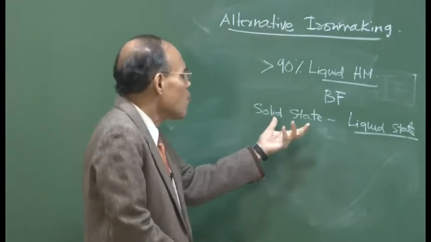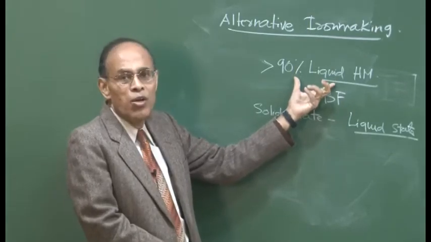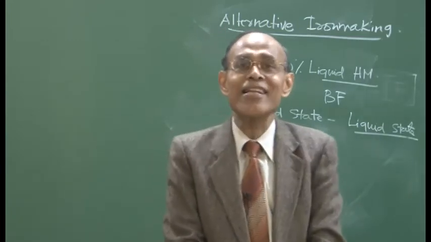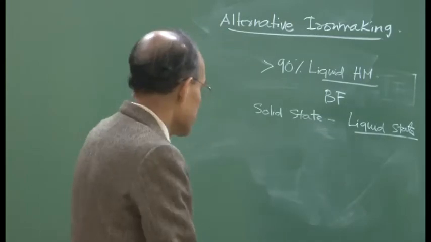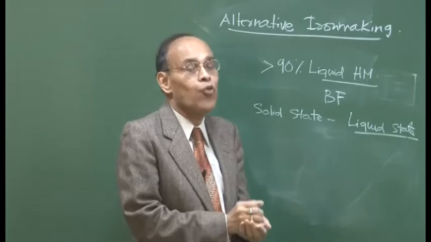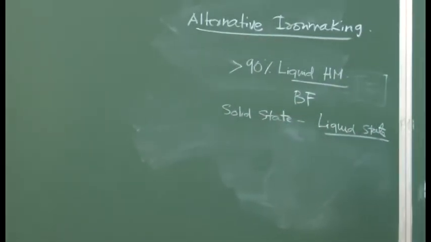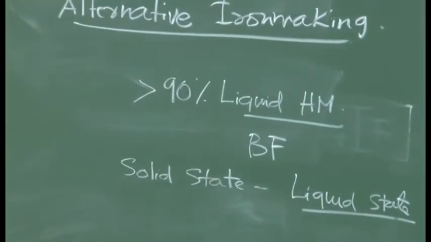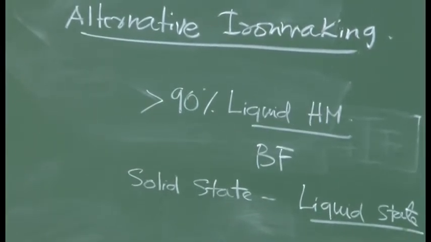Before that, we must know that when you have such an efficient reactor like blast furnace which can produce hot metal very economically, what is the necessity of having a set of alternative iron making? That motivation must be clear to us. And the motivation for having alternative iron making is twofold. One is that the biggest disadvantage of blast furnace iron making is that it is heavily